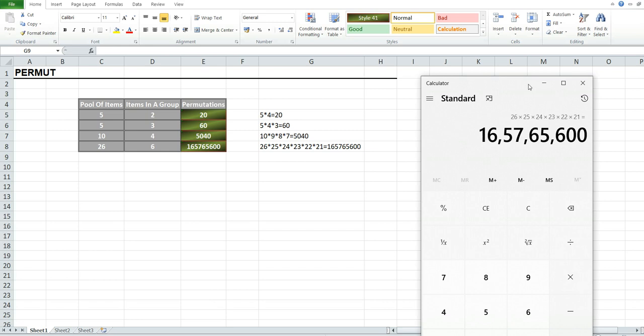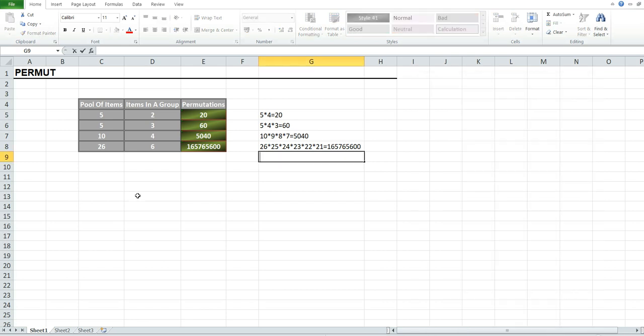So now let's see another example for which purpose we can use this function. Basically I'm going to create another table here.